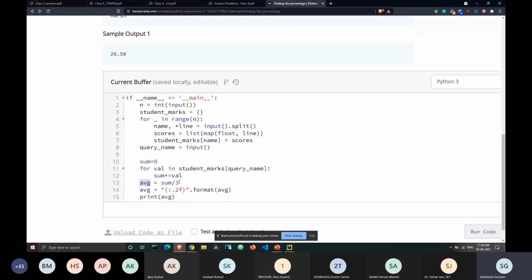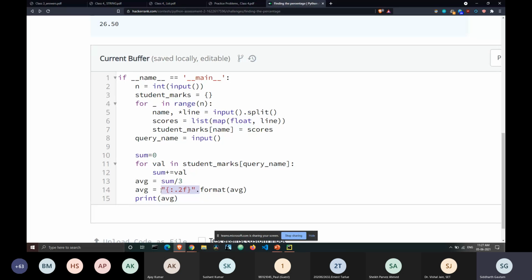But if you want the value as 50.00, in that case, you have to type this special syntax, which is curly braces colon then point 2f, and then you have to write the method of formatting the string. Okay. So this format string is very simple. You are taking this variable and then you are formatting it, and this portion tells Python that you are formatting it to the second decimal position. Like if I change this value here to 4, it will print this up to the 4th decimal position.